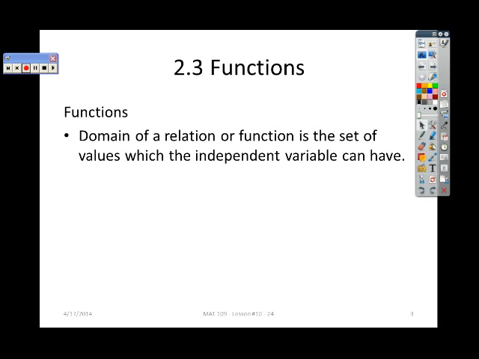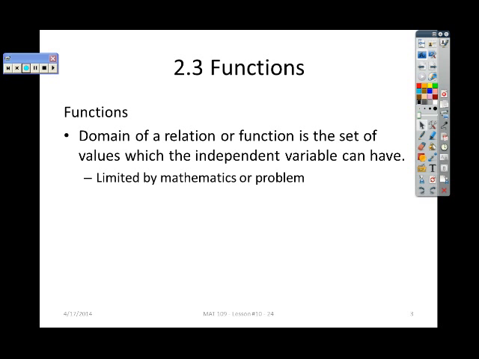In a function, or in a relation either, the domain are the values that you put into it. That's called the independent variable. A function has two pieces. There's a piece you put in and a piece that comes out as a result of calculating the function. The piece you put in is known as the independent variable. The piece you get out is the dependent variable. The domain, these independent values,